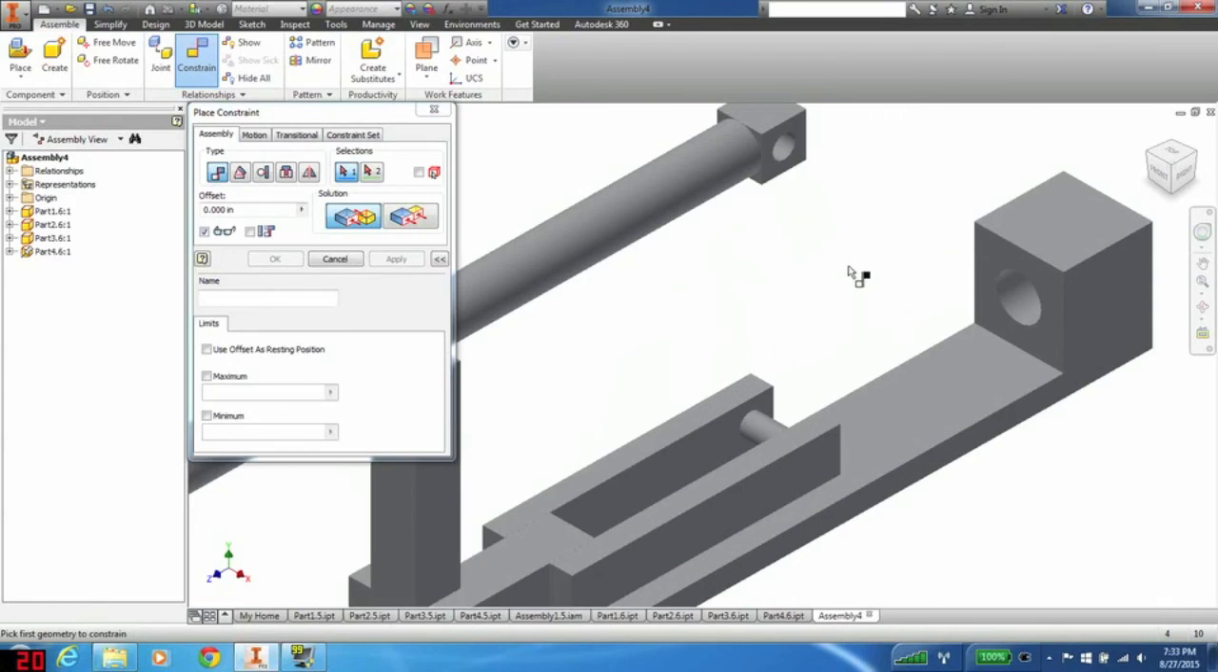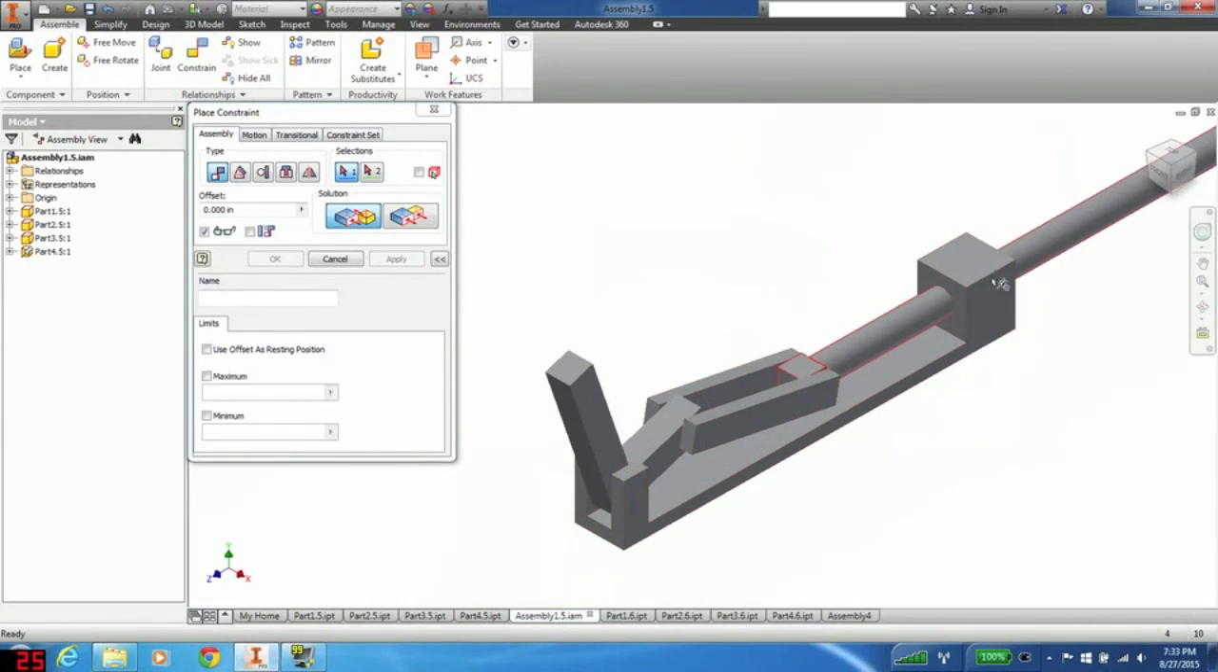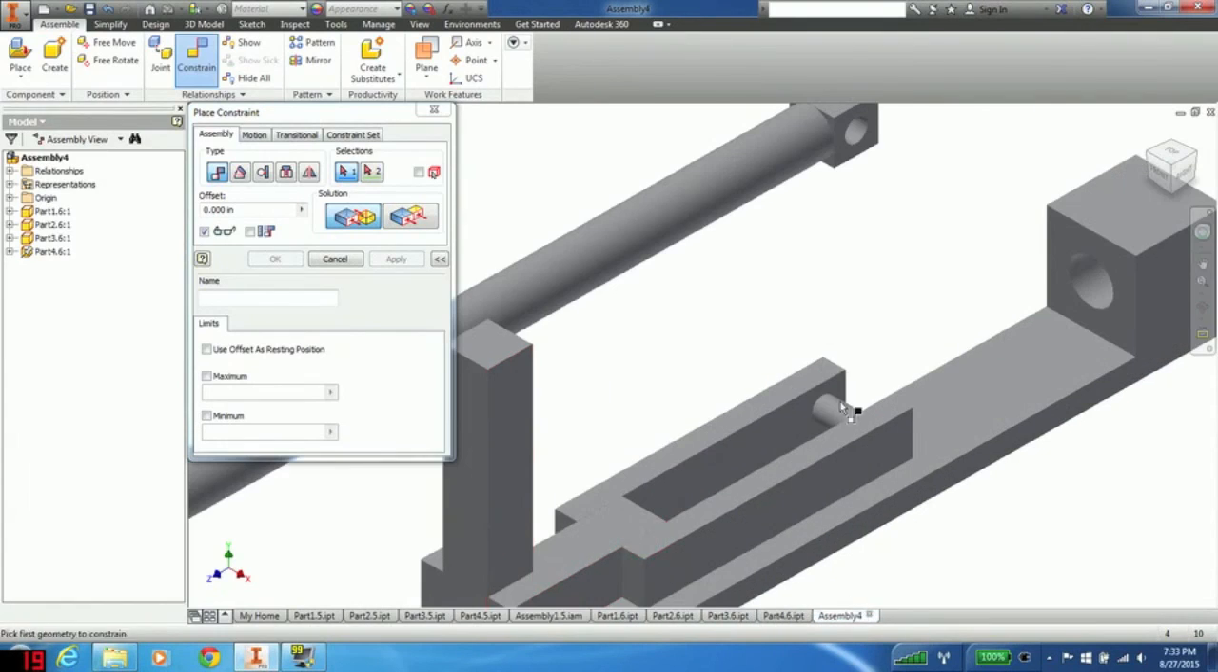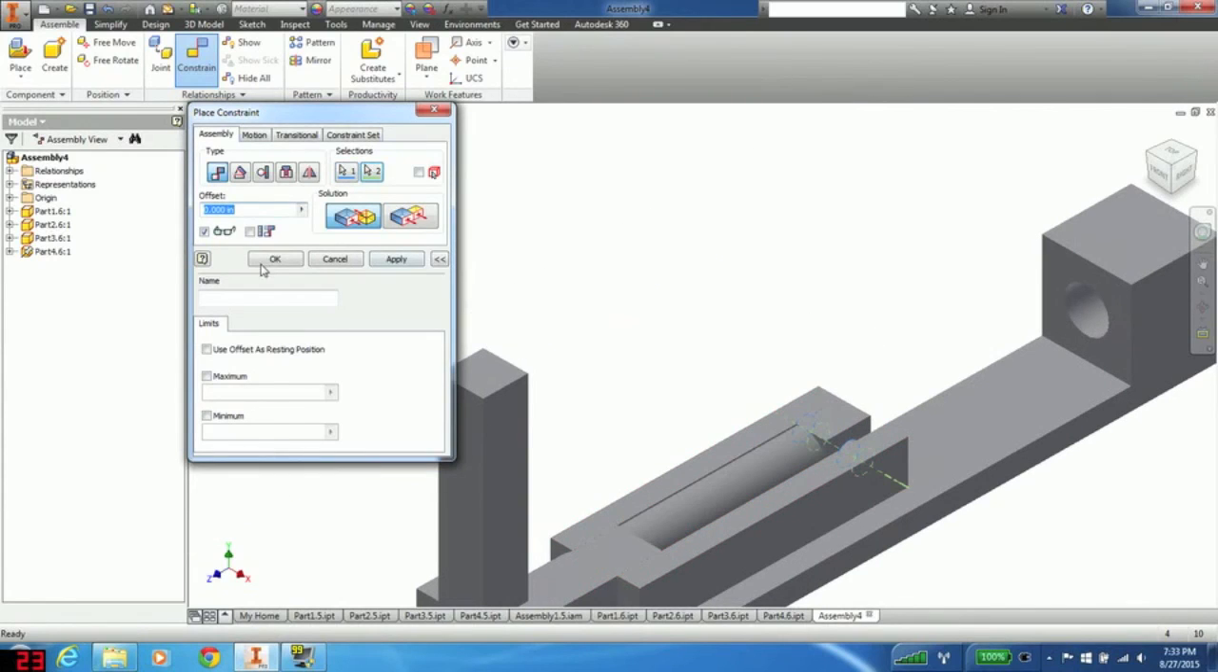Now, if we were to constrain this center line to this center line, we could then constrain this center line to this center line, and it should lock it in place. The only problem is that because of its orientation, if we were to do that, it would stay in the orientation in which it is now, and it would not end up looking like this with the pin going that direction. So instead, what we would have to do is get those center lines and then hit OK so that